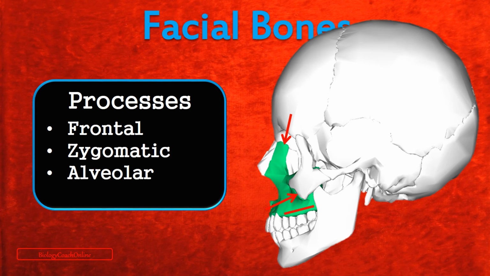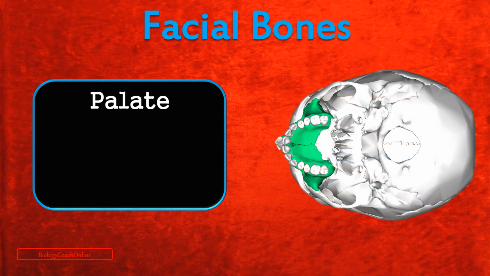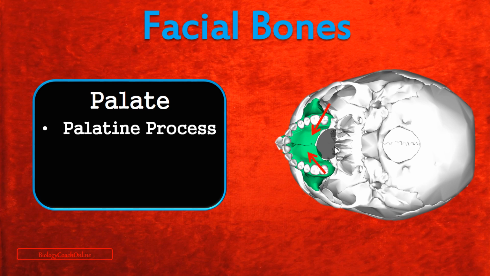If we remove the jaw and flip the skull over, looking at the inferior aspect, we begin to see the palate or the roof of the oral cavity. Now, to keep you oriented once again, this is the foramen magnum, and this is the zygomatic arch. Now, we can see the horizontal plates of the palatine bones here, and we'll discuss those shortly. So here in green, then, we see the palatine processes of the maxillary bones. Now, that's the part of the maxillae that articulate with the palatine bones. Now, these two processes articulate at this little suture here, which seals completely so that we treat the hard palate